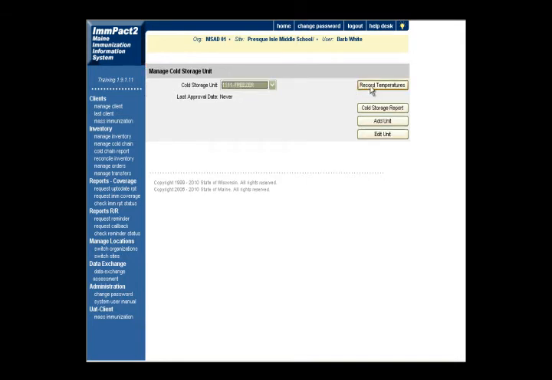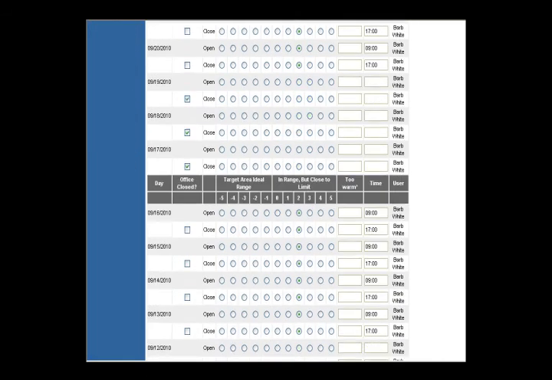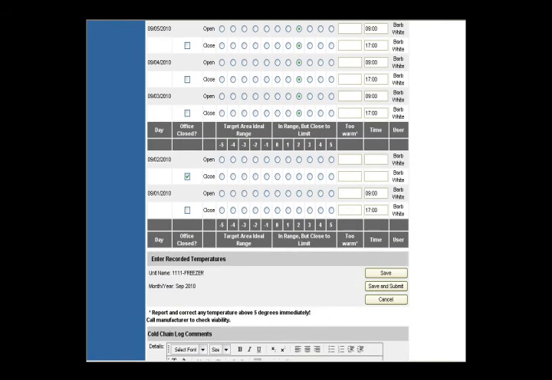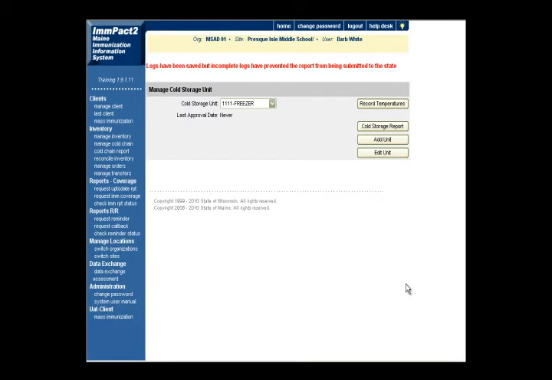I'm going to go back into the unit, click on the Record Temperature button. If we scroll down to the bottom again, you'll notice that the previous date had been saved. Again, I'm going to choose that on September 1st that the office was closed. And instead of hitting Save this time, I'm going to hit the Save and Submit button. Save and Submit is what you'll want to use at the end of the month when you're finished recording temperatures